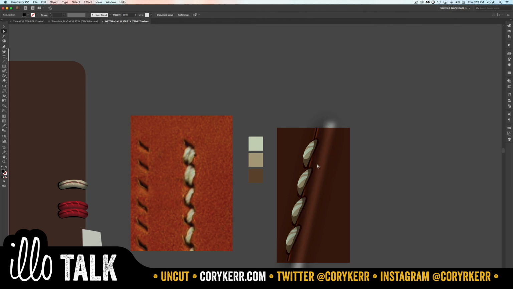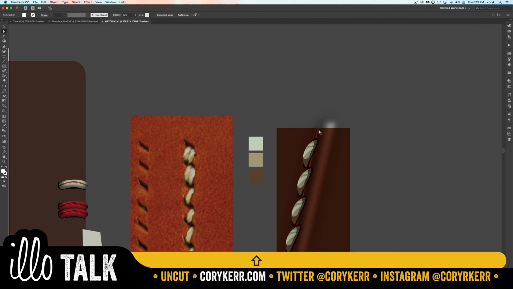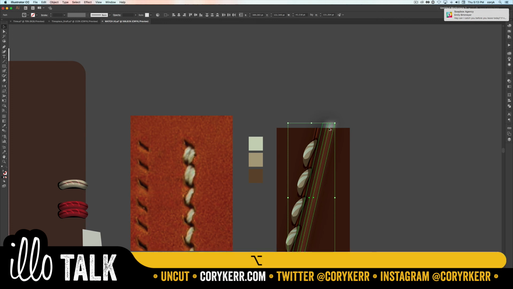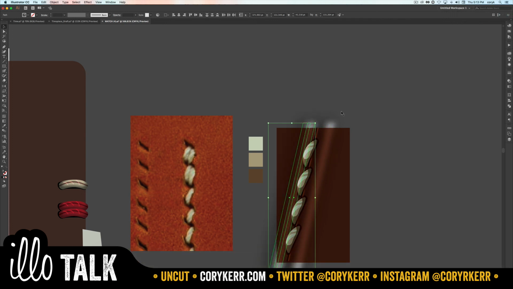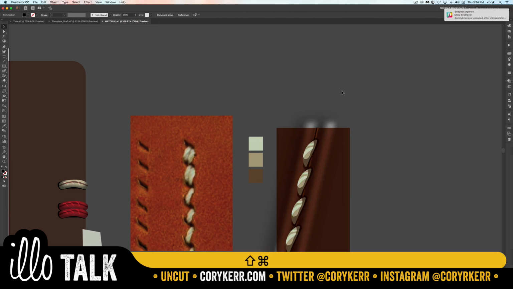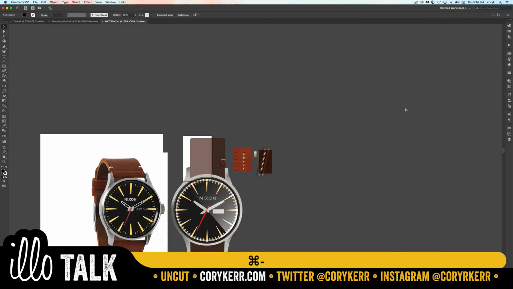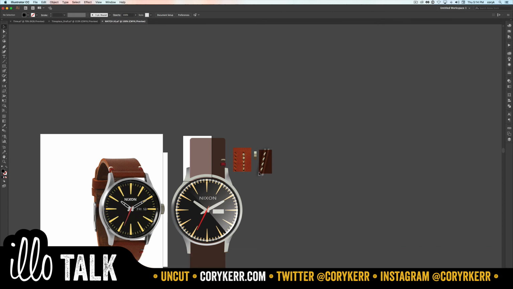So just things like that that will kind of give it those ridges and whatnot. I can grab this one too. There we go. This on the other side as well. Grab all those to the back. Then when you see that from far away, you start to see like a ridge and stitches and